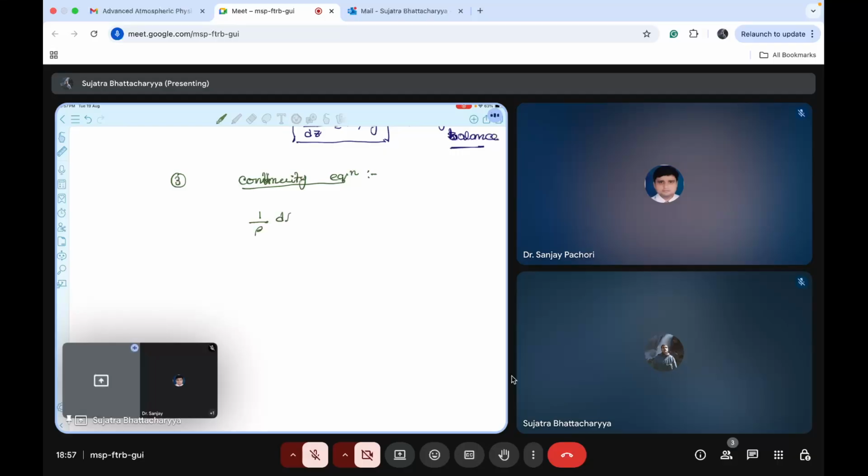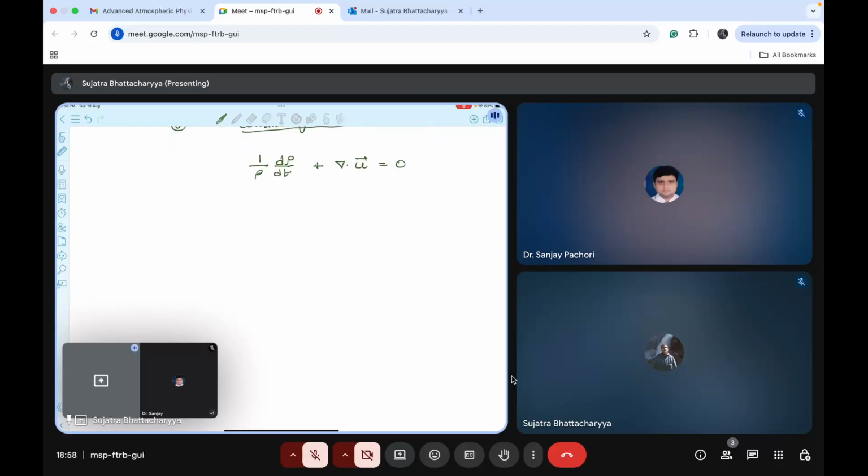1 by rho d rho dt, where rho is the density, plus del dot u, the divergence of velocity, is equal to 0. This u consists of u, v, and w. It is a vector. Okay. Now, let's see this d rho dt. Can we write this equation as d rho dt plus rho del dot u equal to 0? D rho dt can be written as the local term, delta rho delta t, plus the advective term, that is u dot grad rho, plus rho del dot u is equal to 0. This is the basic equation. Okay. Now, delta rho delta t